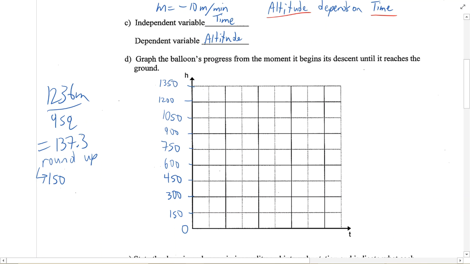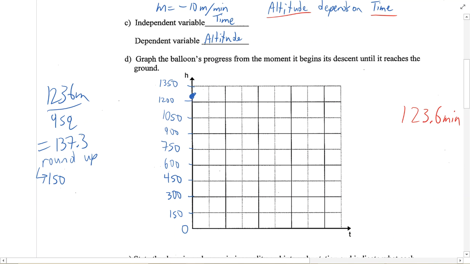So we're at 1236, so we're a little bit above 1200. So we could put a dot right here. That's going to be one of our intercepts, approximately there. And that's why we found the intercept, because sometimes it makes it very, very easy to graph. Okay. Now our time was 123.6